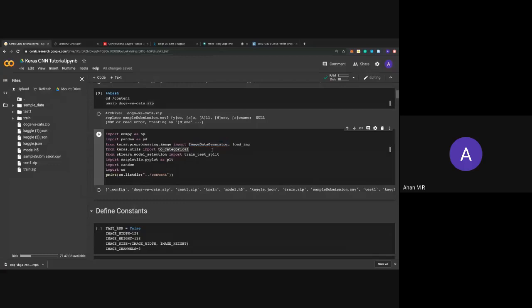And particularly if your data is not very well arranged, like it's going to be in the lab. For example, I'll give you a zip file with a bunch of images in it, and I won't label them as to which class each belongs to. I'll give you a CSV to map it. Image data generator does the job, so it's making your life much simpler. A lot of people might already know that, but I just want to put that out there. You're always free to use basic Python and file handling methods to do the same, but this is in case you're not very well versed with that. Cool, let's move on.